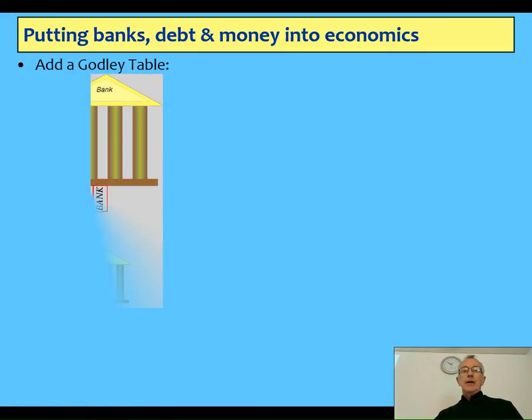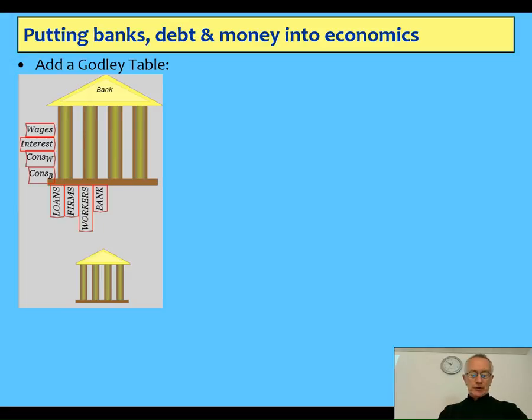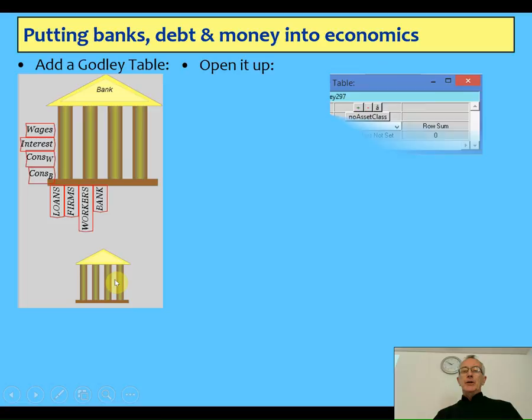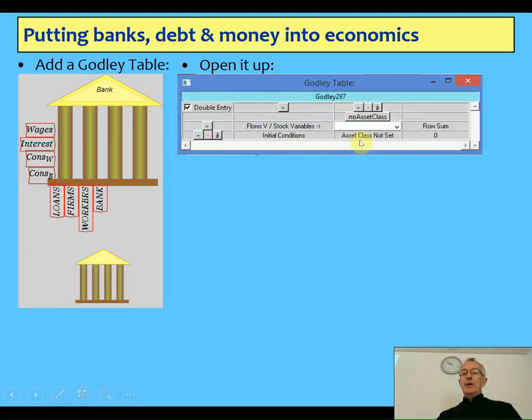So here I've got, at the moment, just the vision from the point of view of the bank. I've added an extra Godley table there. When you open that Godley table up, what it shows you is this range of bits and pieces here. So we're going to improve this, an old... If I had extra money to fund it, what I'd do is I'd instantly have a table coming up showing assets, liabilities and equity, separately divided,